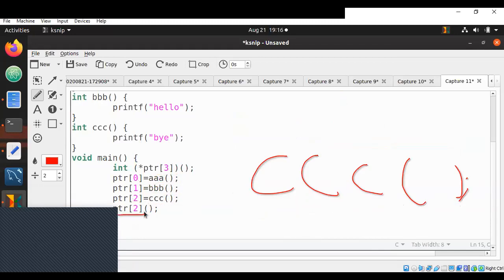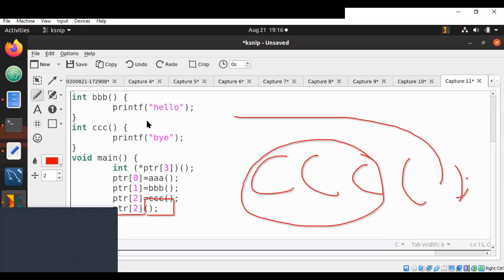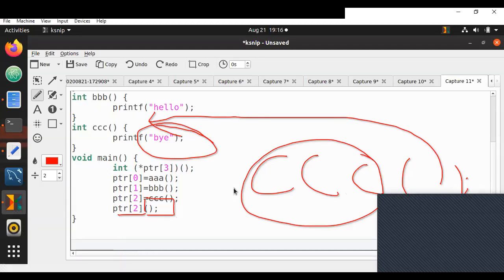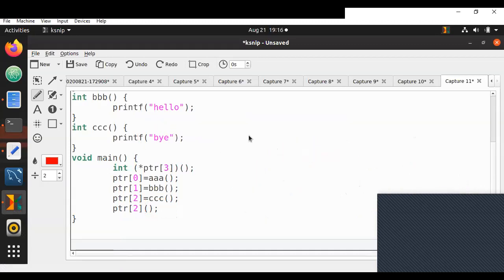Since we are calling ptr of 2, it is going to the address of triple C and calling it as a function. It goes here and prints only by. That is supposed to be the output. I will make sure that whichever are executing in Turbo C, we will execute this only in Turbo C particularly from the next one. But we don't need to do that since from the next session we are starting only with C++. So the output here is just by. That is your output. Now I have one more question.